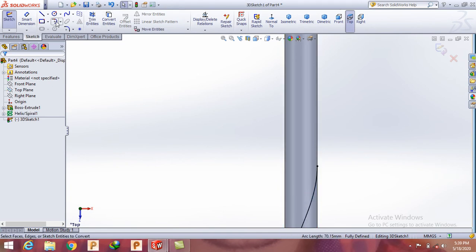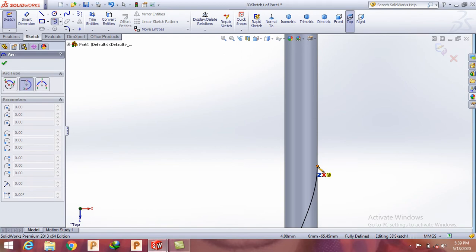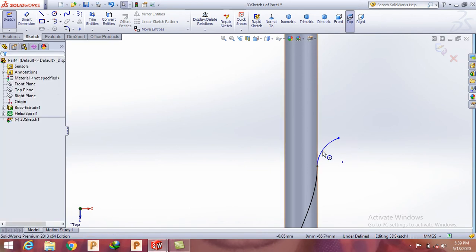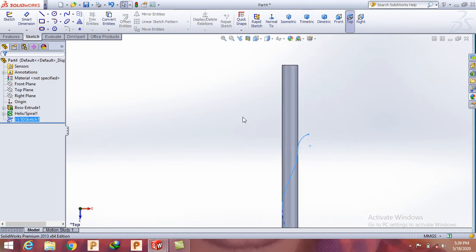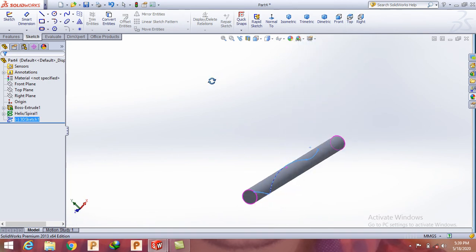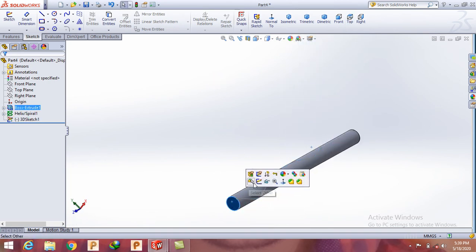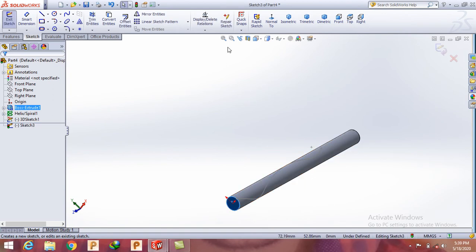Now we will add some tangent, so the sweep cutout profile will come out, otherwise it will become circular. Now press the escape button to come out of this. You can make this of any dimension and exit the sketch. Now our sketch is complete. Now choose this profile face, make the sketch option, make it normal.